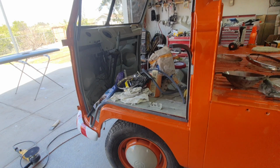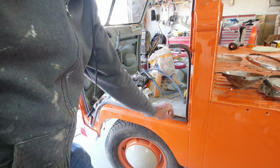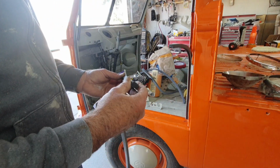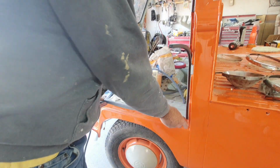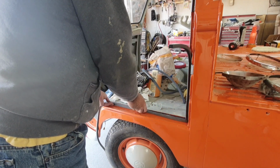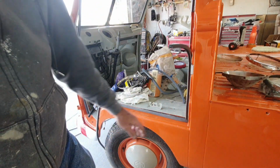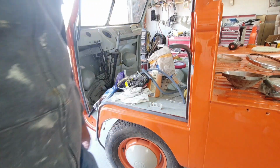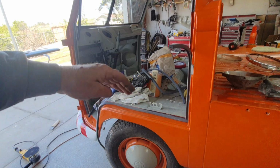And everything you put on, you end up putting it on, installing it once, taking it back off, and taking a bench grinder and grinding it down to make it so your door shuts properly. If you find that you're having to do that, well, that's just normal. So I don't think when I put this on that the door is just going to shut. It may, but most of the time I end up having to take parts of it to the bench grinder